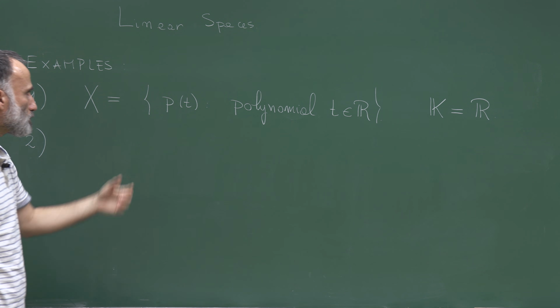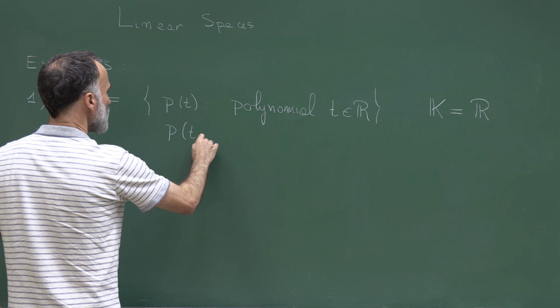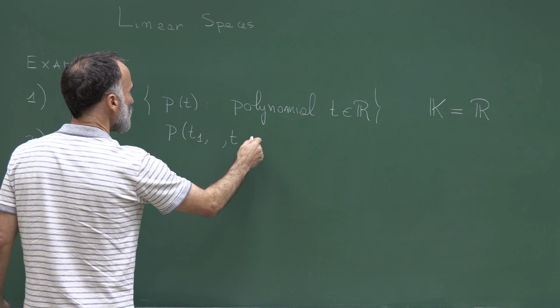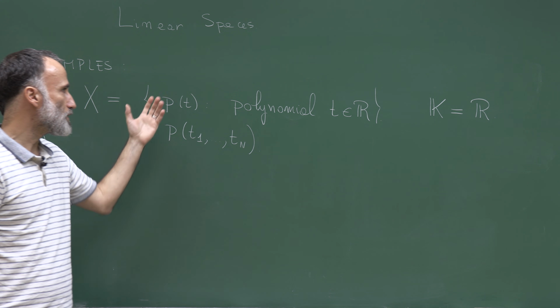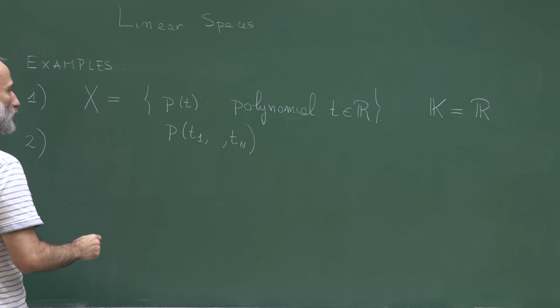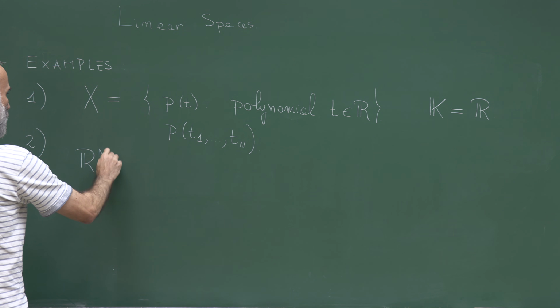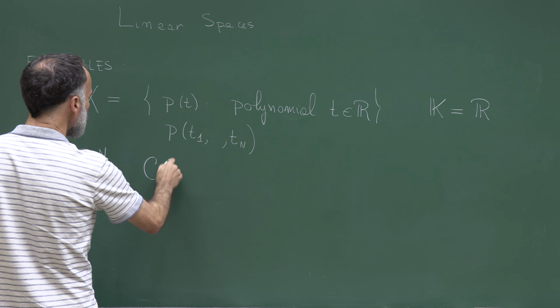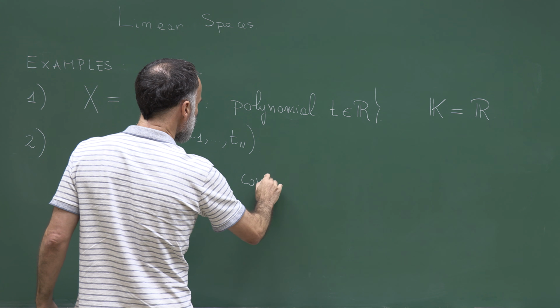Of course, you can extend this example to the case in which you consider polynomials in n variables, t1, ..., tn, and this is also an example of a linear space. Another example which will appear often in these lectures is the space of continuous functions. So you take a space R^n, and you consider C(R^n), the space of continuous functions,